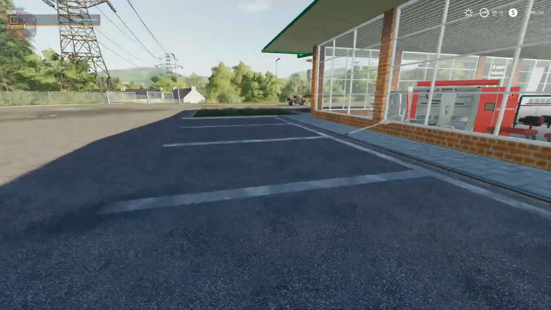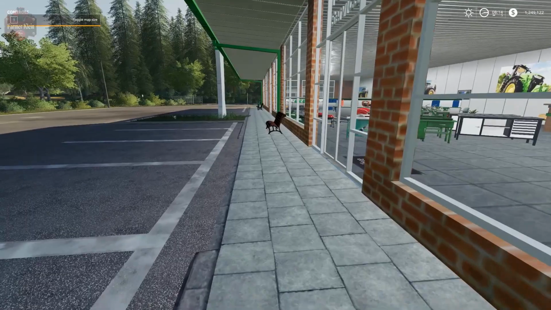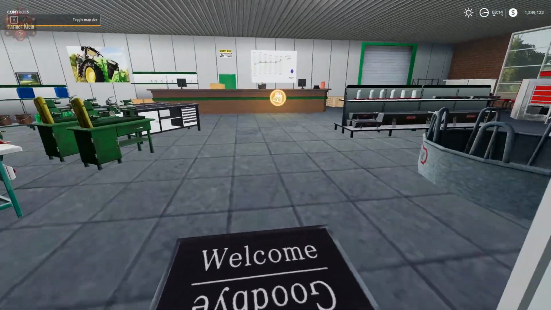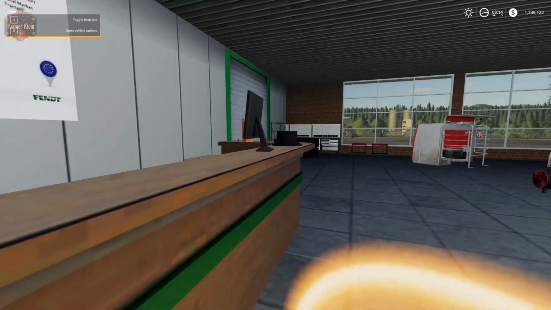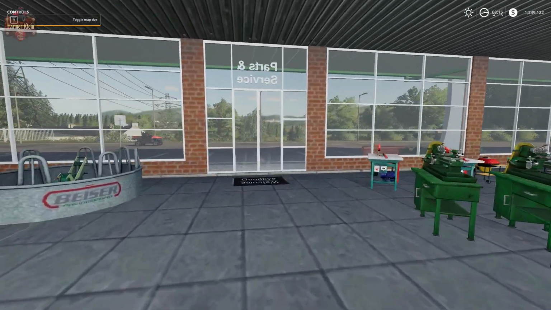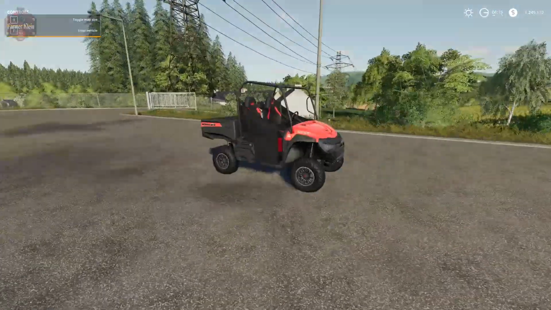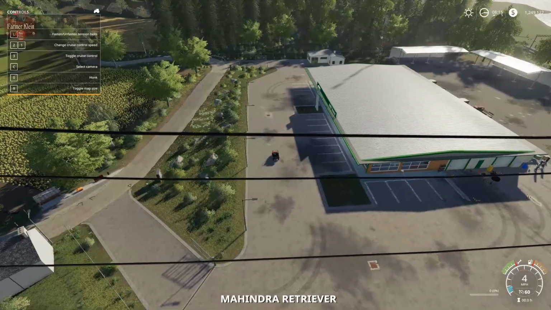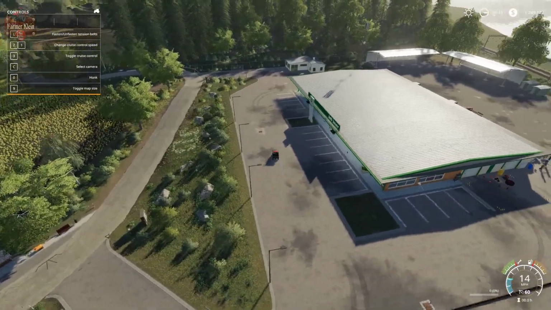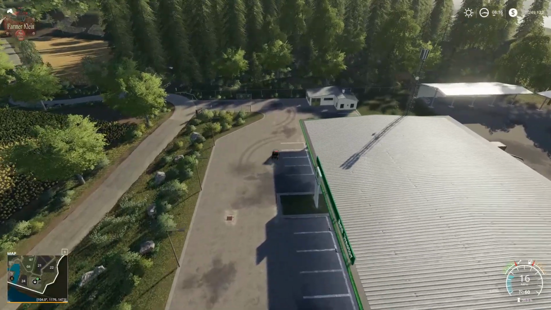Then you have to get out and run around into the building to the service desk. Actually do what you want. Pretty cool. Pretty neat. Can be a little annoying if you want to see what something looks like. You're not really sure. But then again, we do have in 19 the new visual store. So,